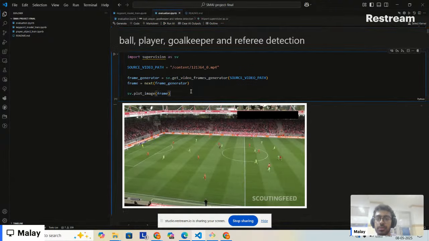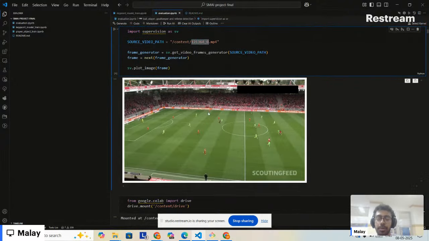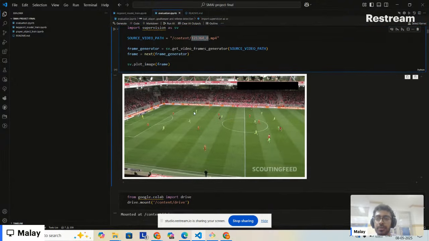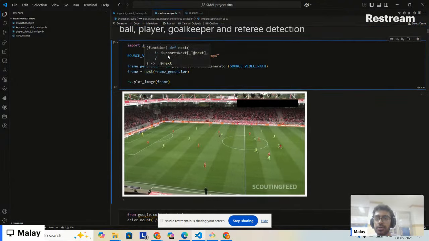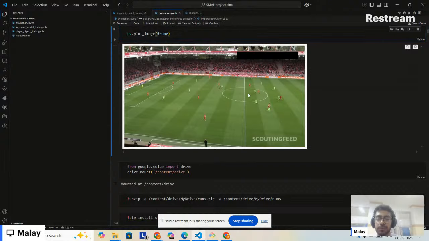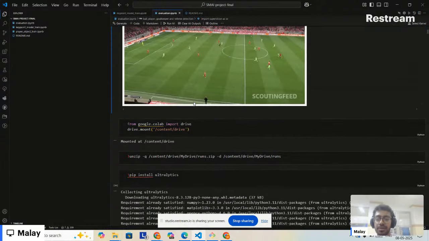So here we are going to take this video and we are going to see a particular frame of it. That's what the supervision SV does. It provides you a frame. So as you can see, this is one of the football player field. Now